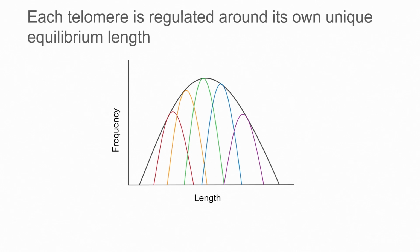So this is my way of representing that. Each telomere is regulated around its own unique equilibrium. Each telomere has its own idea about what is long and short. So in this large distribution that we used to look at, we can now see that there are some telomeres that are regulated around a relatively short length, and that the longest telomere here can be shorter than the shortest telomere at this equilibrium. So this gives us a new conundrum to try and understand,